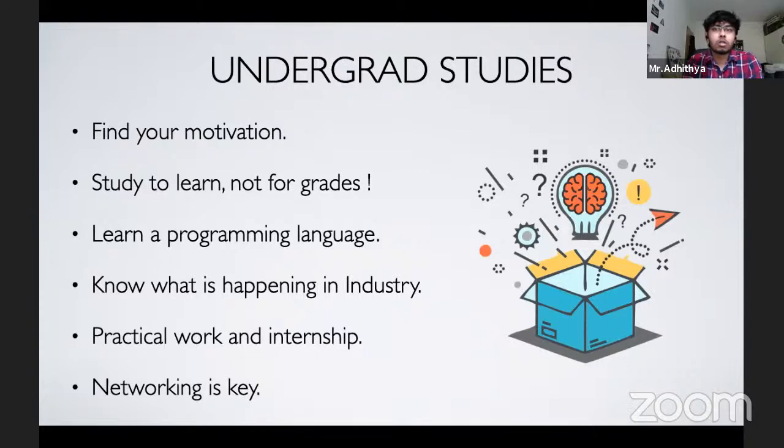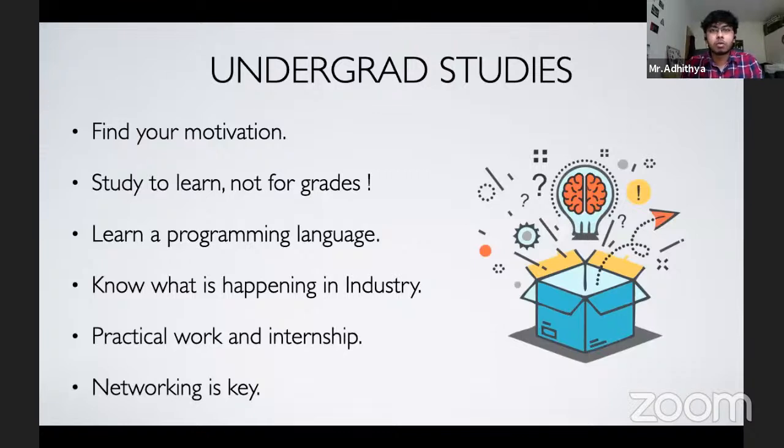So once you learn something and simultaneously check where it is being used, then you will get to understand the more practical aspect of what you're learning, and also get to know what companies and research industries are working on in that field. And also, if possible, during your bachelor's, if you have enough time, then you could also apply for internships and other forms of practical work, because